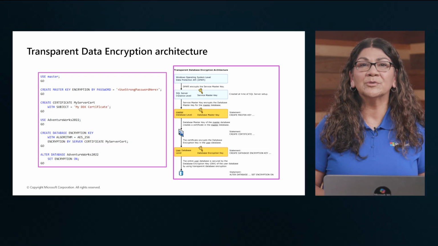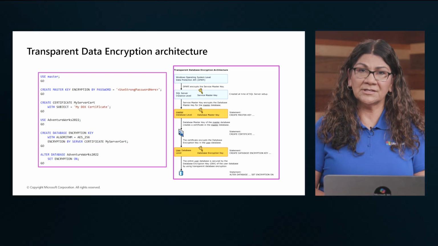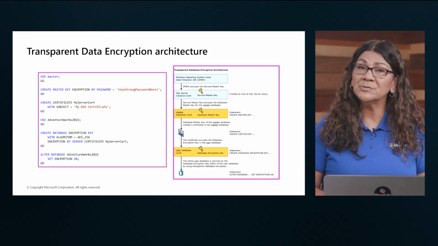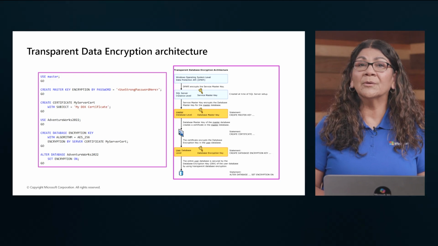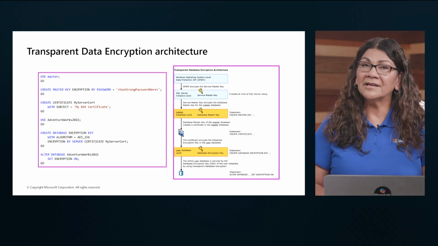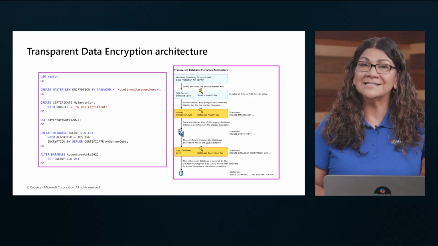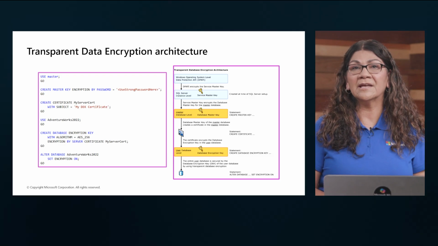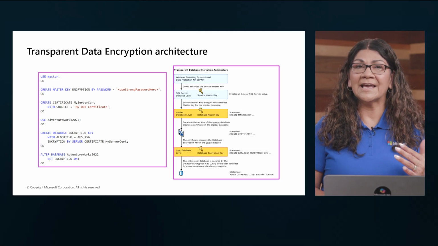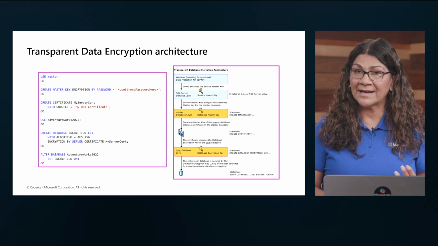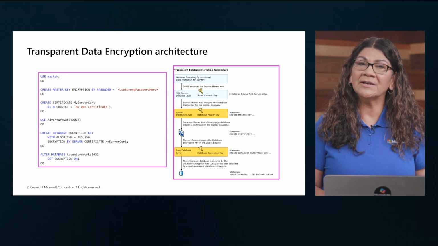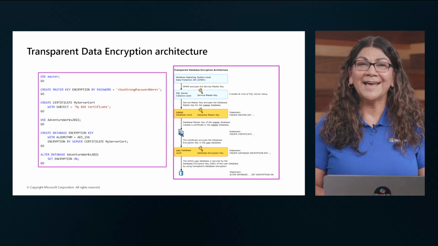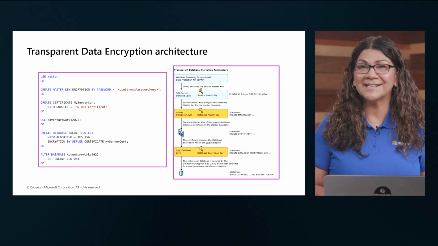The right side presents a layered architecture diagram showing how encryption keys are protected from the Windows level via DPAPI down to the user database level, where the database encryption key is a symmetric key and it's used to encrypt data and backups. TDE is enabled by default in Azure SQL, and its benefits include protecting data at rest